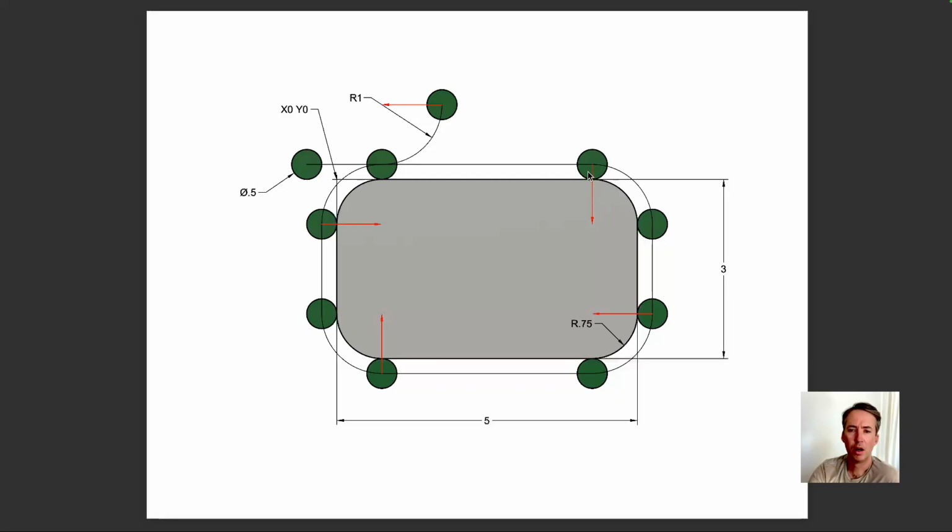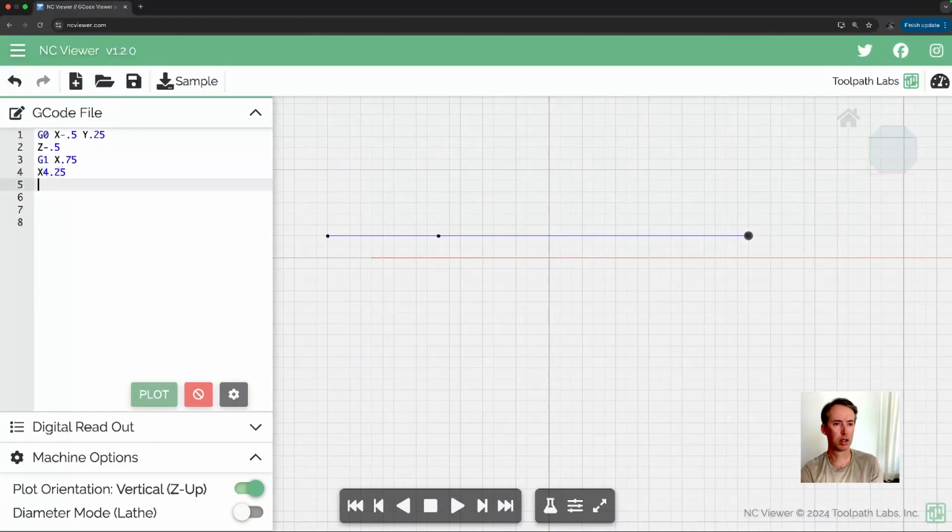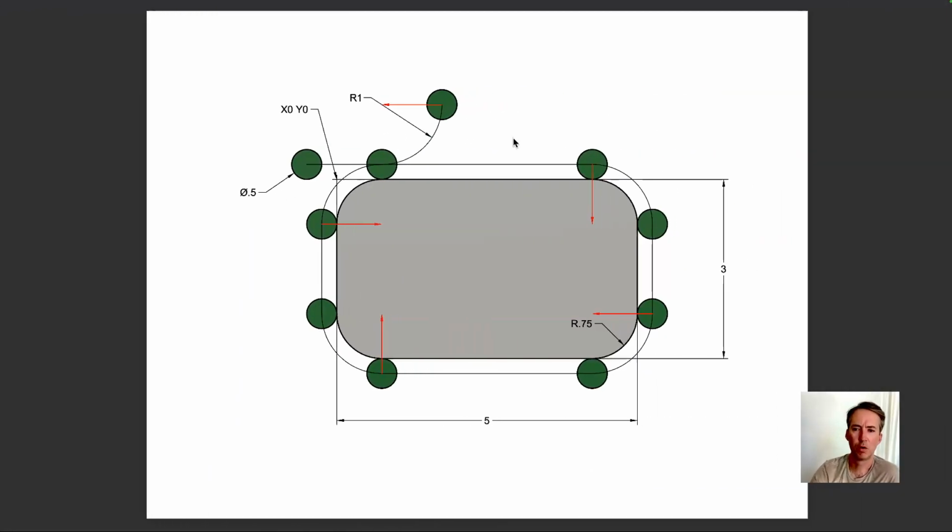All right, so clockwise is a G2. So let's start by first putting in G2. And then we know we need an X and a Y location. So where are we moving to? We're moving to this location. So if this top line represents Y0, we're 0.75 below that at this point, if this is a 3/4 inch arc. So we're going to move to,